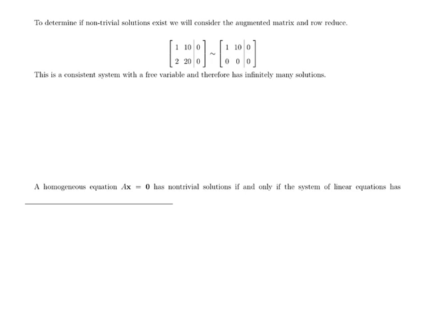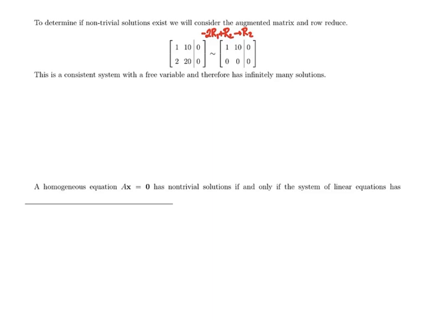To determine if there are non-trivial solutions, we will consider the augmented matrix and row reduce, as we've been doing with a lot of problems so far. So if we take this first matrix, the augmented matrix, and we say negative 2 row 1 plus row 2 into row 2, the second row becomes all 0. Notice that when you're dealing with the right-hand side and you do row operations, if it's all zeros, they're going to stay all zeros no matter what you do. So we get a row of zeros,